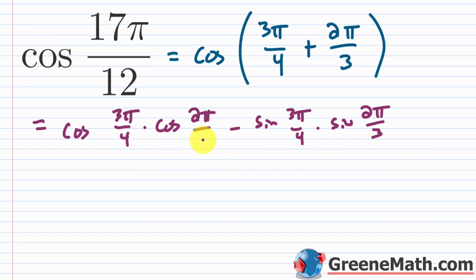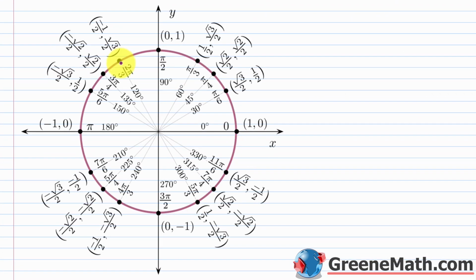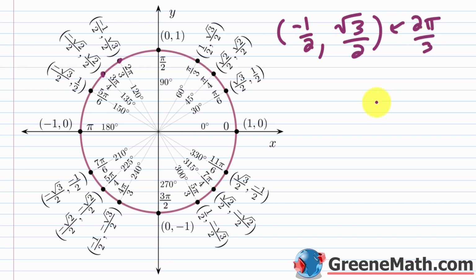And these are values that you can get from the unit circle. If you want, come up and pause the video and just look at this point right here and this point right here, this is what you're going to need. Let me just copy this. So this is negative 1/2, comma, square root of 3 over 2. So we know that the x-coordinate is the cosine value and the y-coordinate is the sine value. Okay, so that's for 2 pi over 3. So let me just reference that this is from 2 pi over 3. And then from 3 pi over 4,